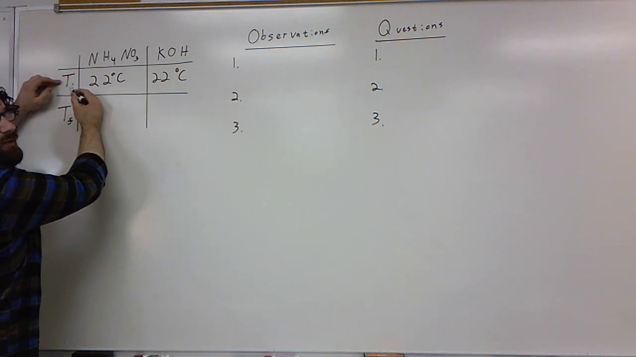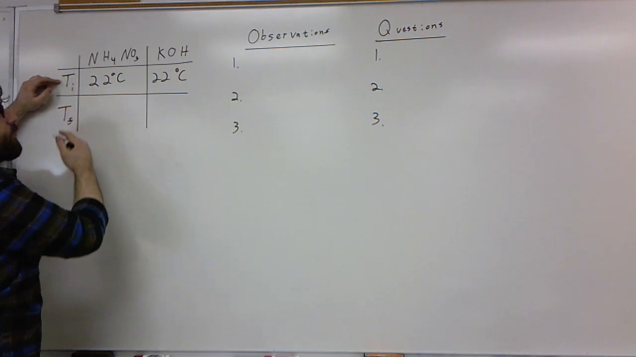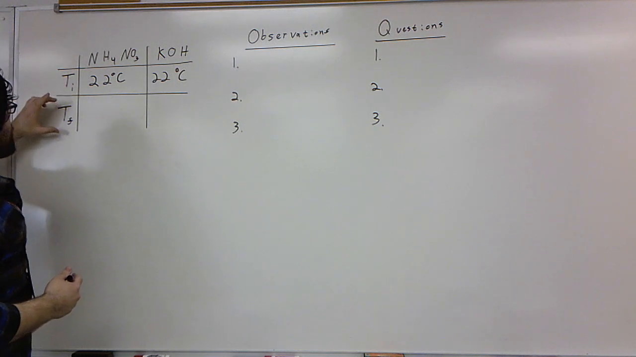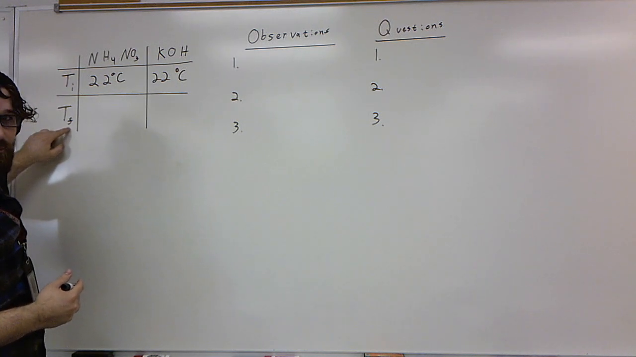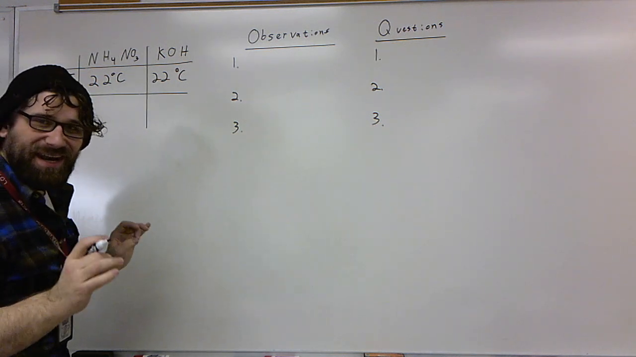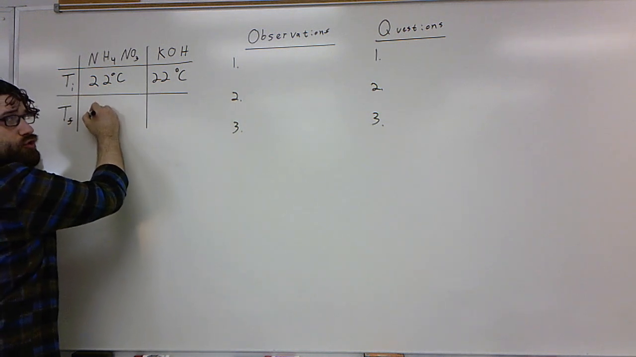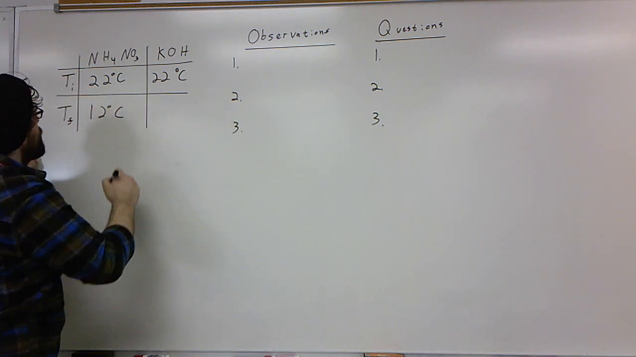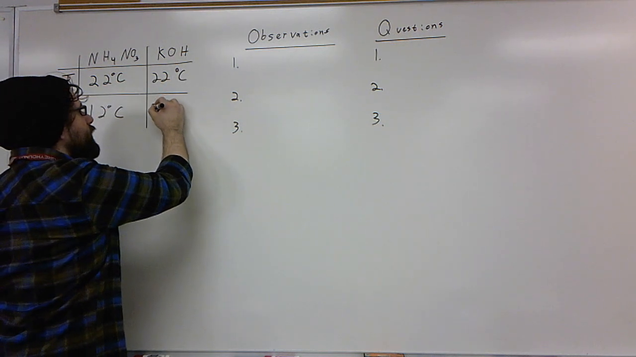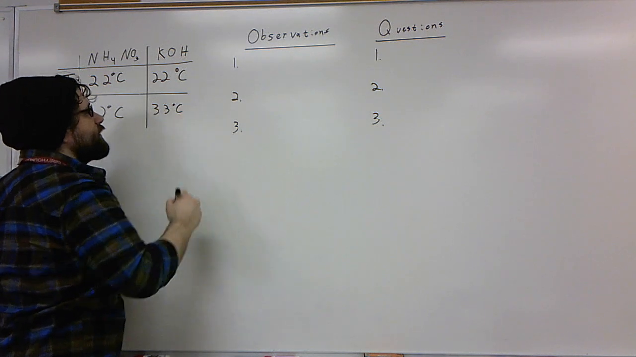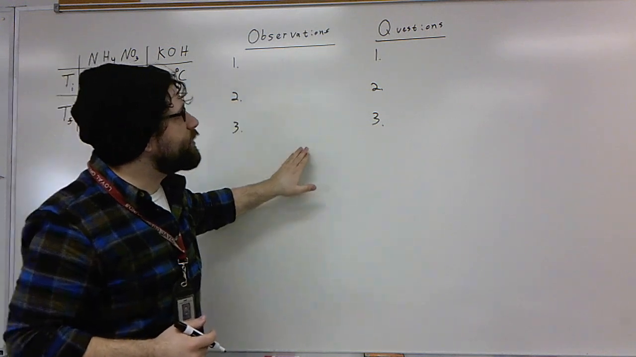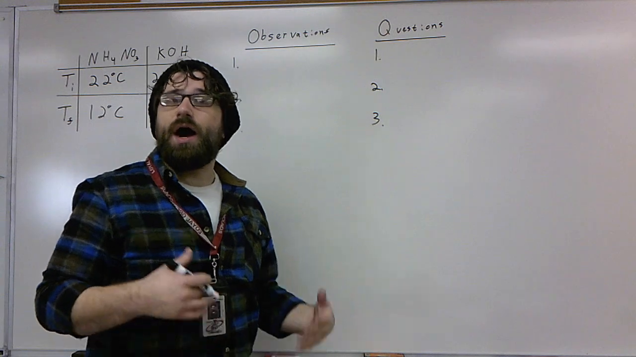This little i down here is called a subscript. It means initial. Whenever you see a variable in science or math with a little i there, that's what it's going to mean. Temperature final, f for final. For the NH4NO3, the ammonium nitrate, that's going to be 12 degrees Celsius. For the potassium hydroxide, the KOH, it's going to be 33 degrees Celsius. All right. Now, each of you will be responsible for coming up with 3 observations and 3 questions. An observation could be,